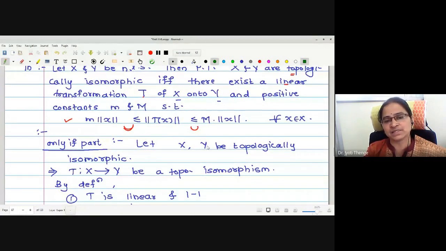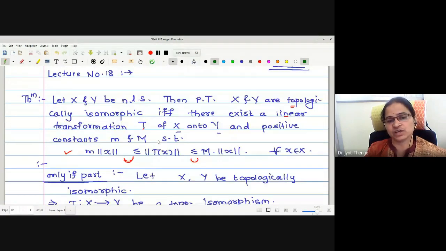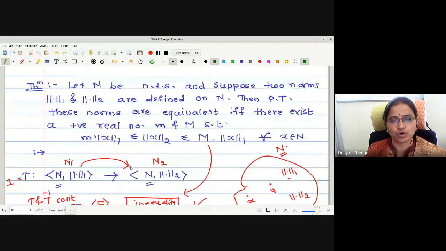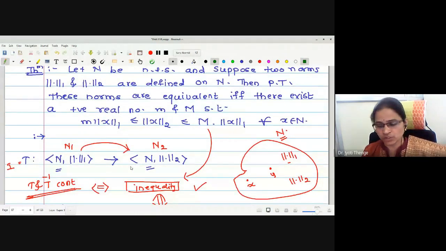Actually, if the mapping is linear, this right side is giving us the boundedness property, and if the mapping is linear and bounded, it will be continuous. This left part of the inequality will give us T inverse is bounded. T inverse bounded will give you T inverse continuity. This is a simple trick to remember the proof of this theorem. Okay, we have completed this proof, and then we have gone towards finding the necessary and sufficient condition for the